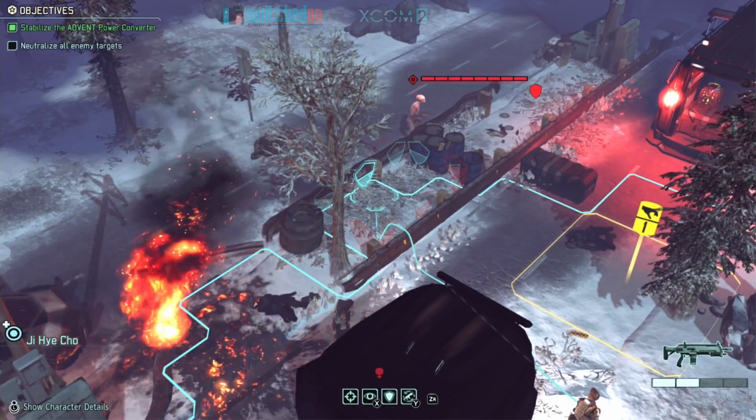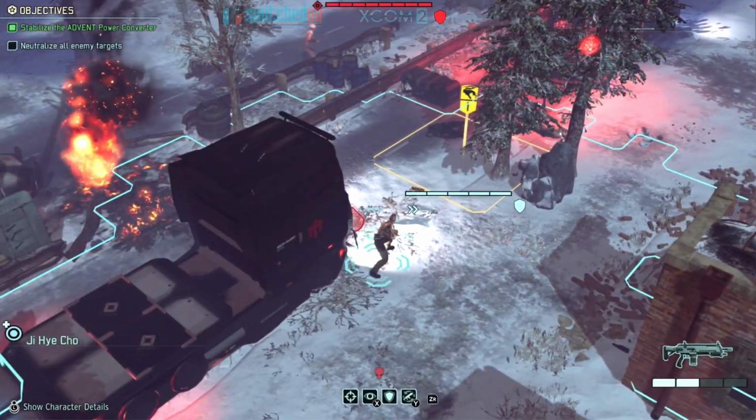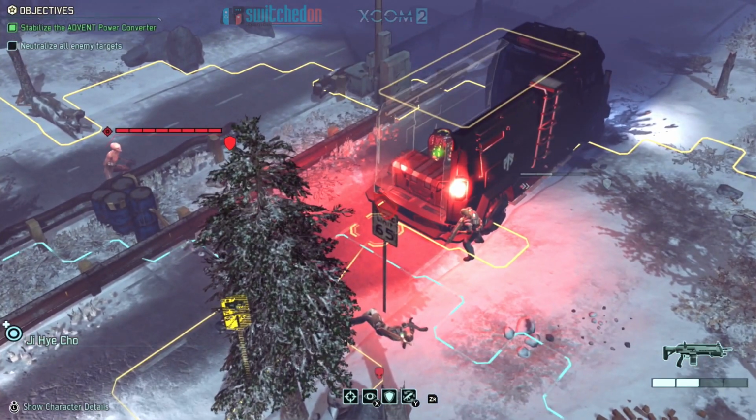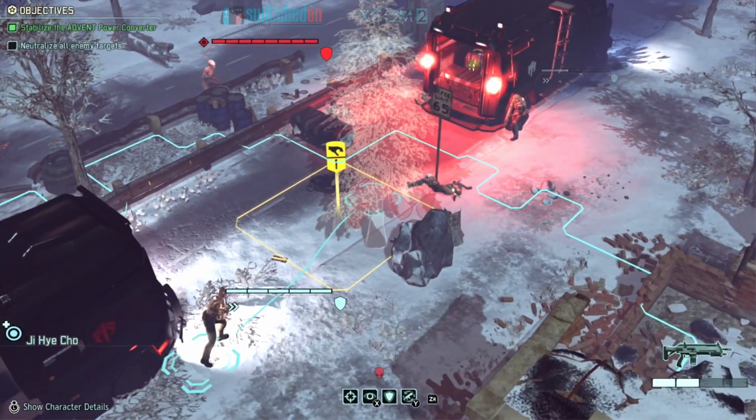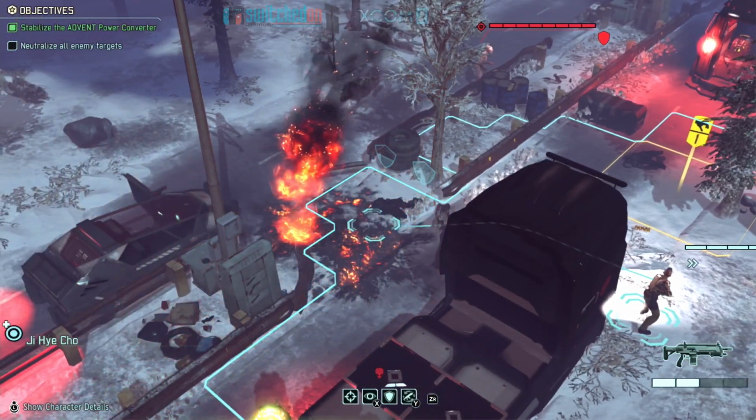Although that alien is looking dangerous, he's got a lot of health. Maybe we can take the high ground here if we can get up on top of one of these trucks. There's a ladder there, but we'll need to get over there to reach that. I think we're just going to try, and if we get behind,